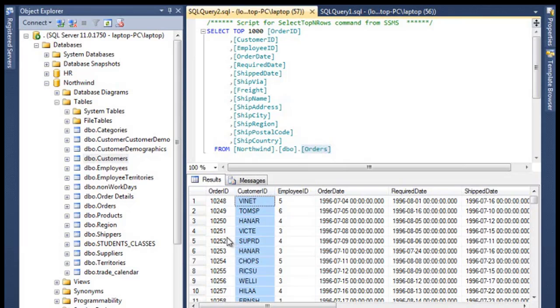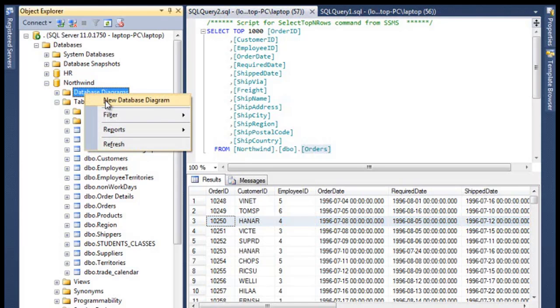This is how you tie a particular order back to that customer. So for example, if I highlight this one, this order was placed by the customer with the ID Hanar, I guess. So that's essentially what the data looks like. I'm going to go ahead and show you how to create a diagram. You basically right